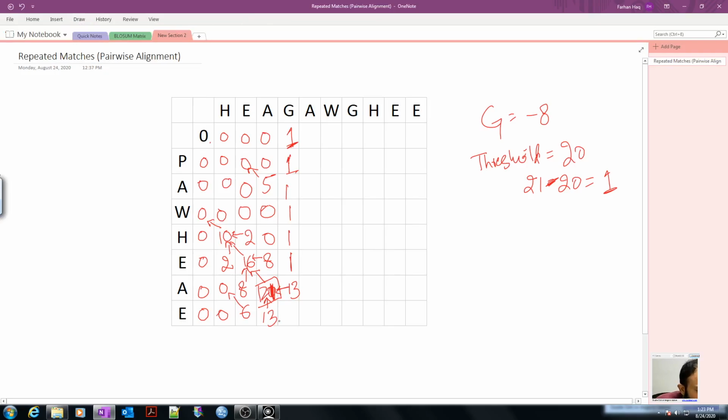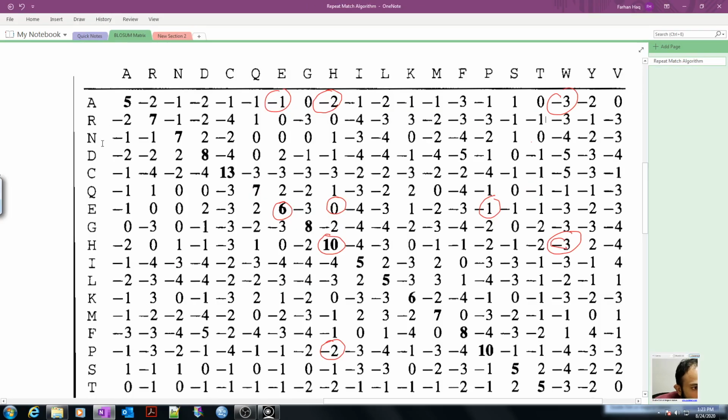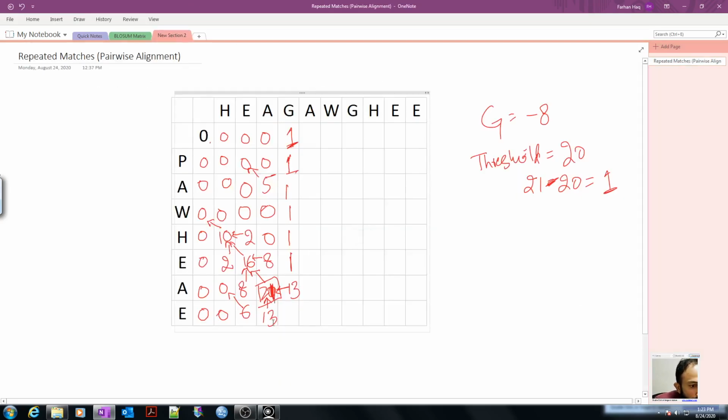Okay, now again here, if we add the E and G score, the alignment score is minus 3. So if we add E and G score 21 minus, we add the alignment score diagonally. You know that 21 minus 3 is 18, right? So now in the next